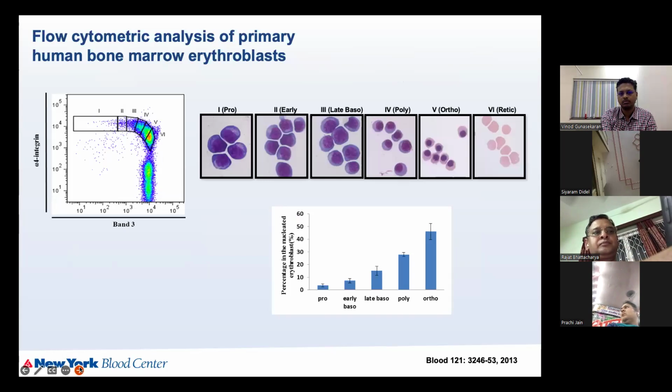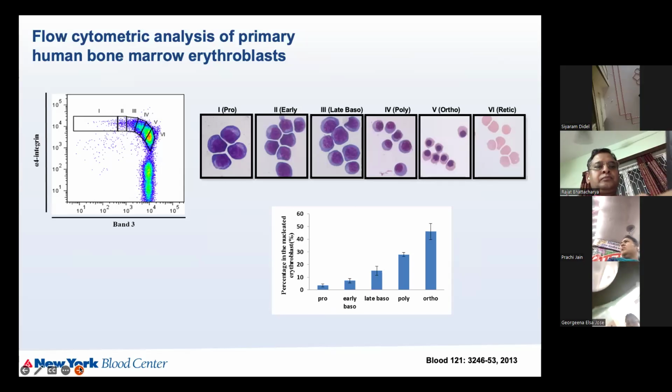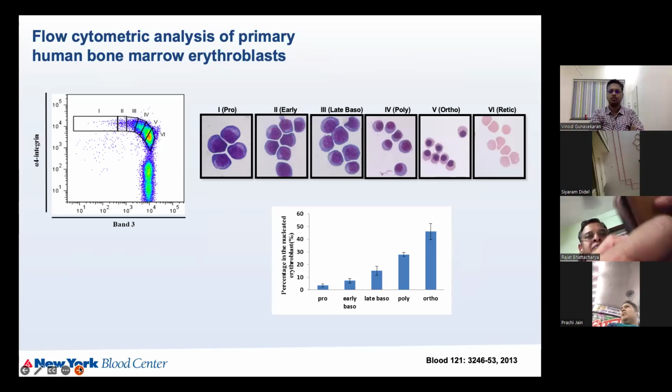So, what is the use of this? As I said earlier, it'll be important to quantitate these different stages in primary bone marrow. And here I'm showing you data from about 15 or 20 primary human bone marrows. And you can clearly see that we get very nice, distinct populations of different stages of development. And more importantly, for every proerythroblast, we have 2 early basal, 4 late basal, 8 poly, and 16 orthochromatic erythroblasts,